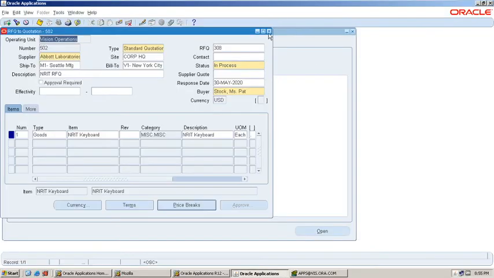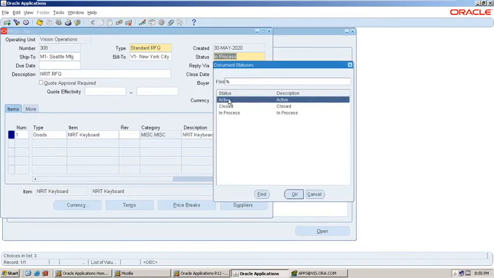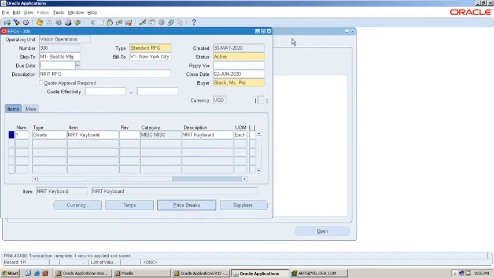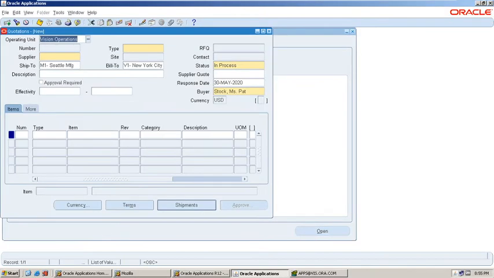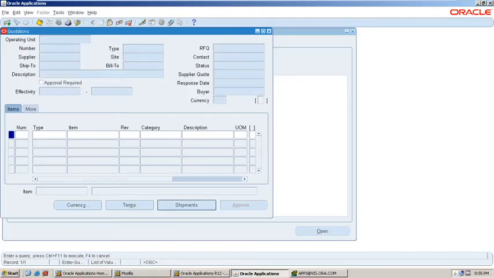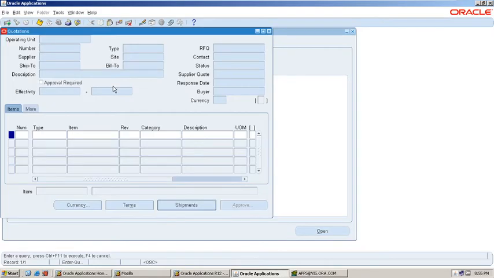Now here one point we have missed. Here, activate. See. Now query the quotation. What is the quotation number? 502.